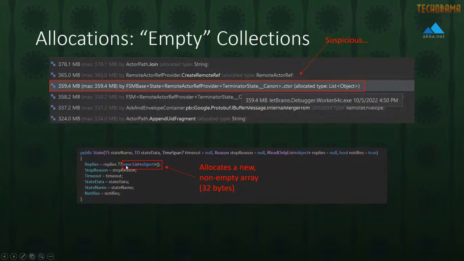So we're allocating a brand new list each time. Well, guess what? Every time we allocate this list, it's going to create a 32 byte, excuse me, heap allocation. That's going to show up quite a bit when we're generating millions of these every single minute.